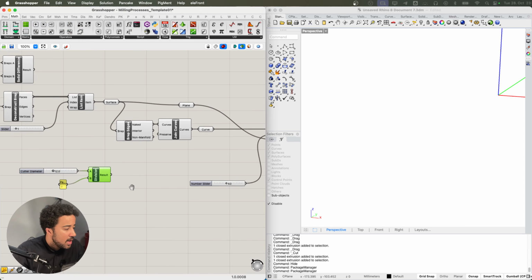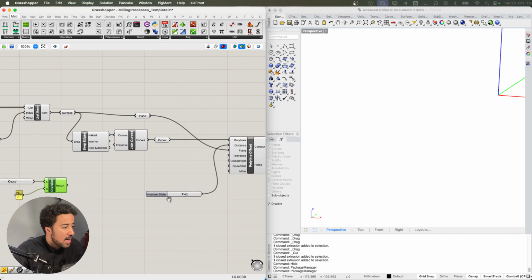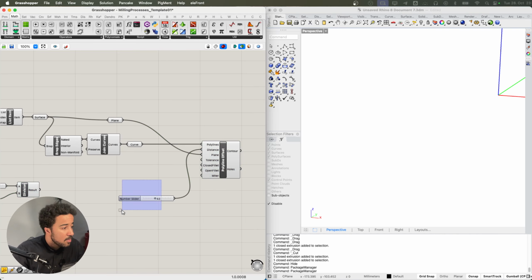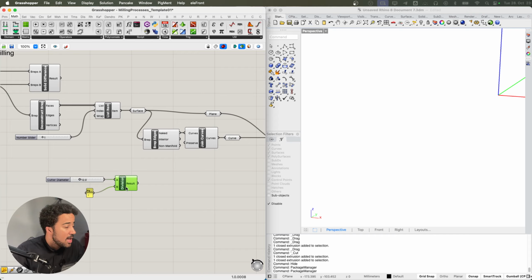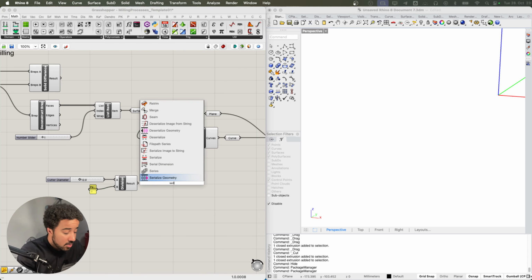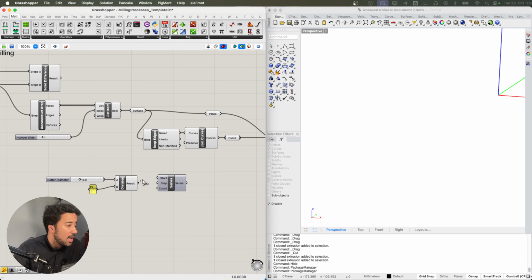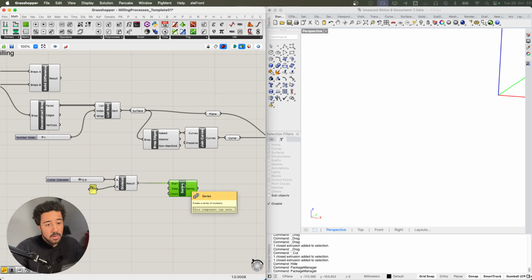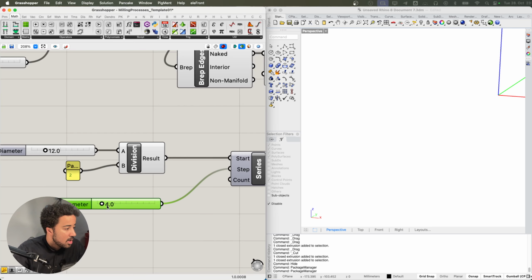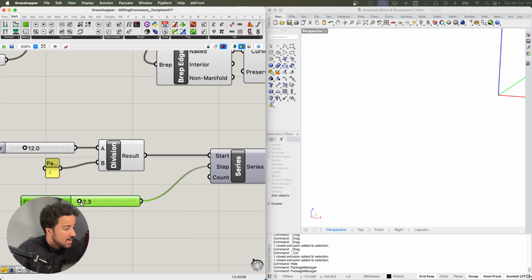and get the radius. And I don't just want one distance, one offset, I want multiple offsets. And so in order to get this, I will use the series component. And the first offset is half of this cutting diameter. And then the next offsets can be set at a different rate. So I could either do this manually, just by setting a specific step over here.